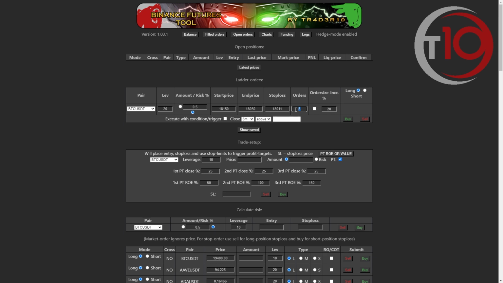So this is a ladder tool. It will create the number of trades I choose in this range. So let's just do 5. I usually do 3. Then with this one, we'll increment your orders, so the smallest orders first, and then bigger and bigger, closer to the stop loss. And it's a long. So if I do this one,